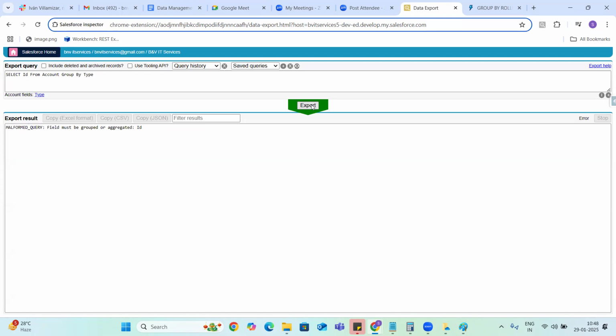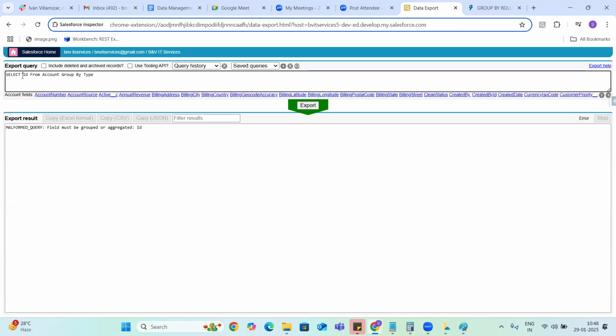Whenever you are using the group by clause, you have to use some aggregate function like count, minimum or maximum. If you are dealing with amounts, then we use sum, minimum, maximum.